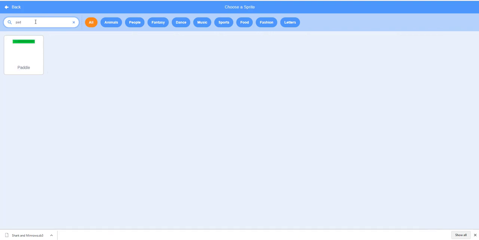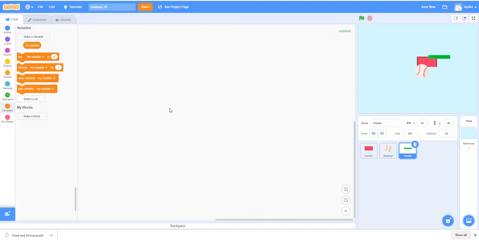Let's see. Yeah, we do have a paddle, similar to the beach ball, right? Yeah, we can use this or the button, doesn't really matter. Let's just use the paddle. Let's try with the paddle this time. So we have the ball, we have the brake, and we have the paddle. All right. What we need to do is we start to code